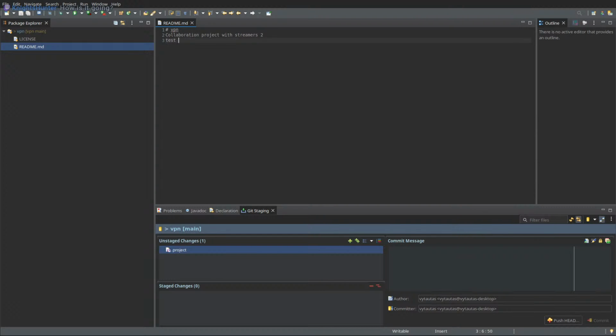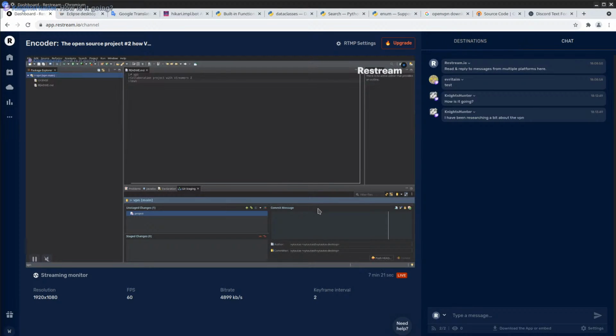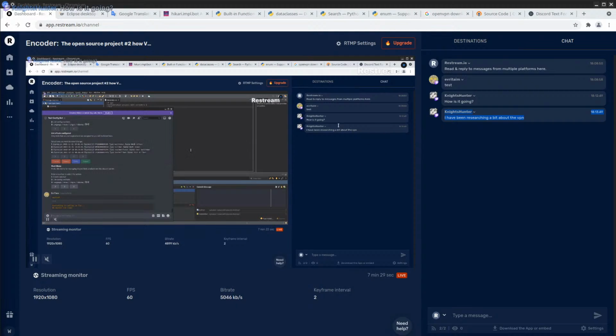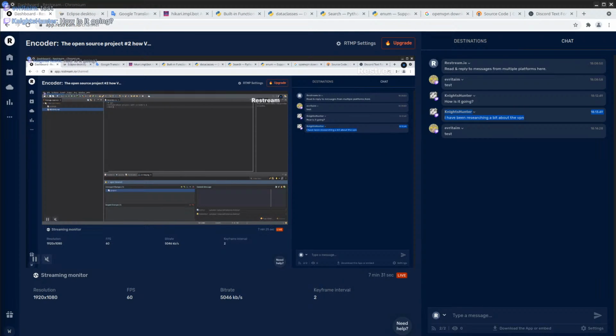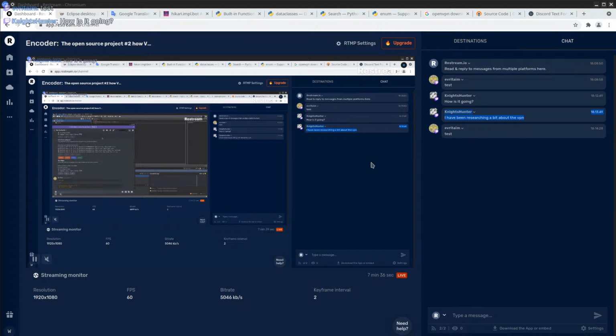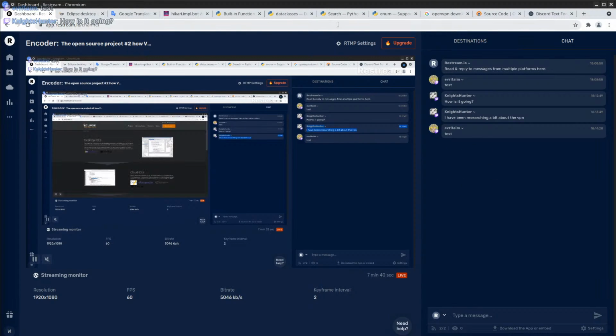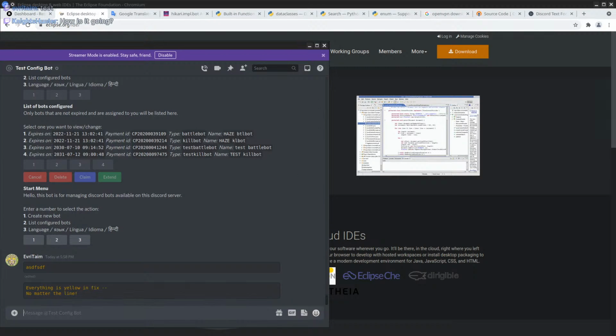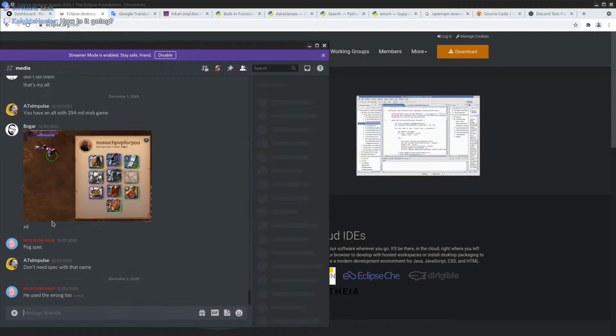But what is a little bit annoying, this shows up here, but it doesn't show up in the overlay. That's not good. Make a quick test. I have no idea why it missed your message, but I guess it apparently misses some messages.